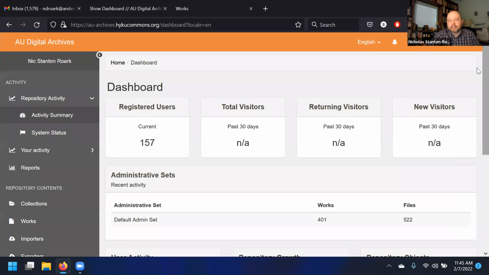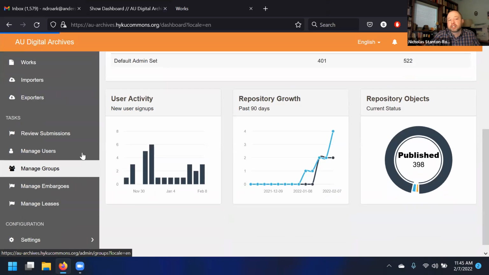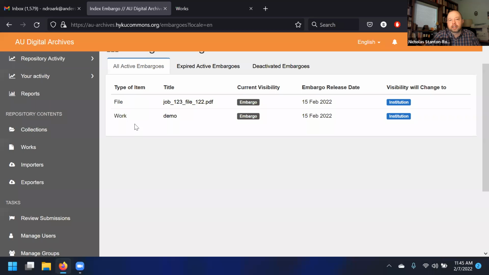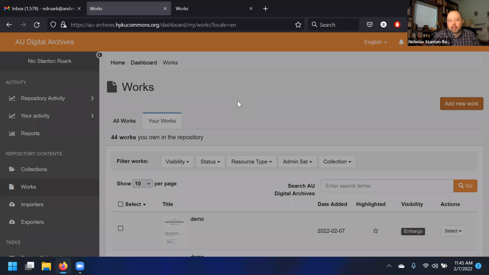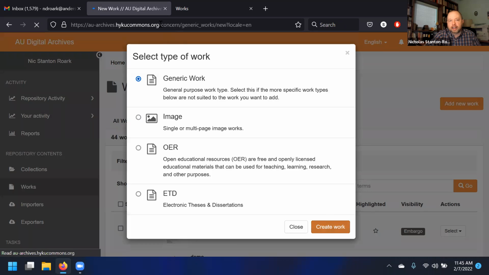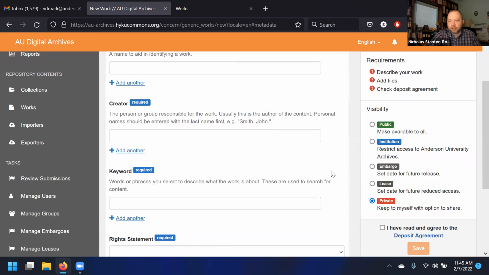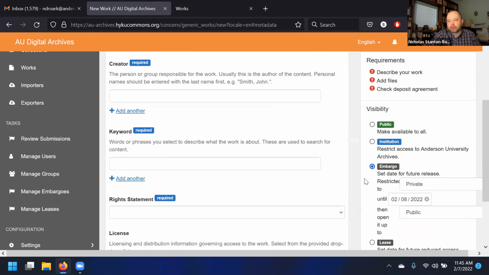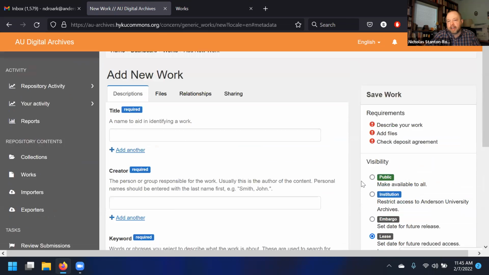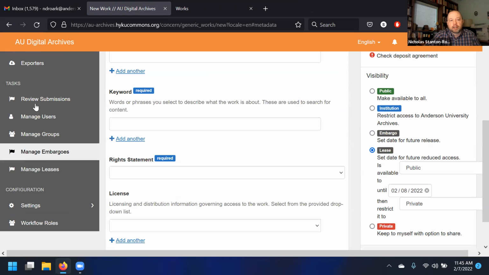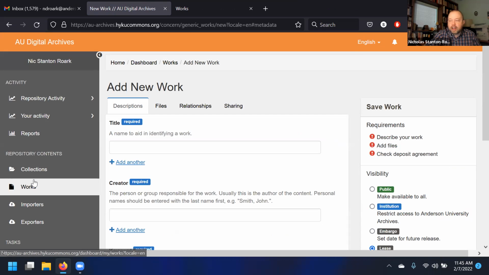And embargoes and leases, after the work has initially been deposited, so when you're in this management page, can be treated separately then. But when you initially upload a work or deposit a work, in the same way that Hyku insists that you have a file to have the description, it will treat whatever you set for the embargo or the lease at both the work and the file level, which can then be managed separately. And then finally,